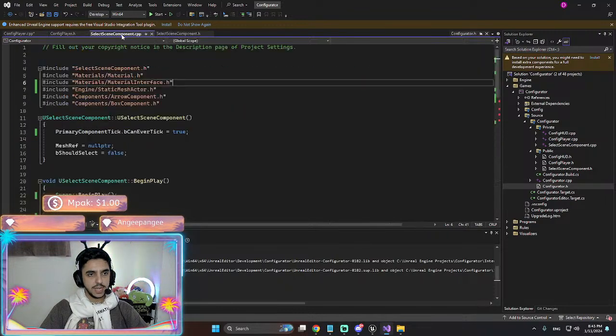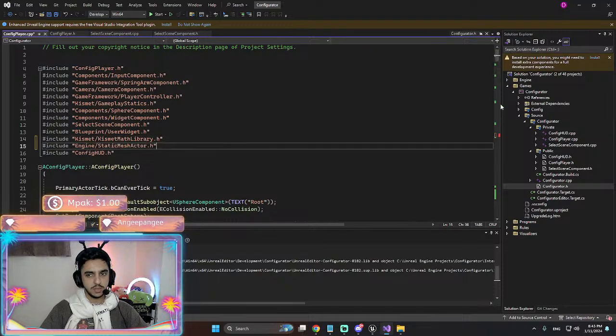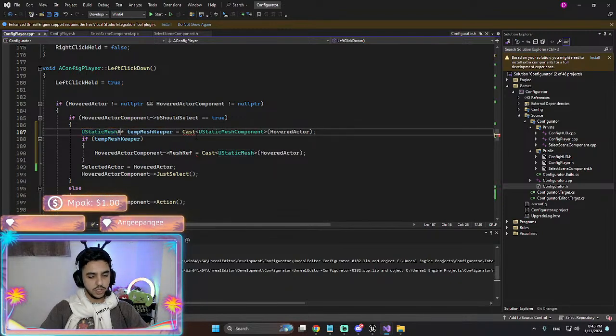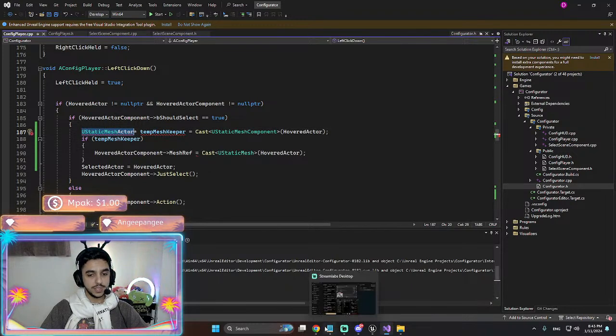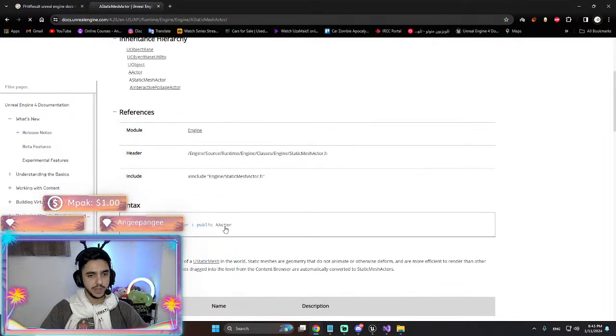So yeah, this is an actor now. I need to bring it here as well, up there, so we kind of reference it. And then use static mesh actor. It's not use static mesh anymore, it's something else. A static mesh, I assume.